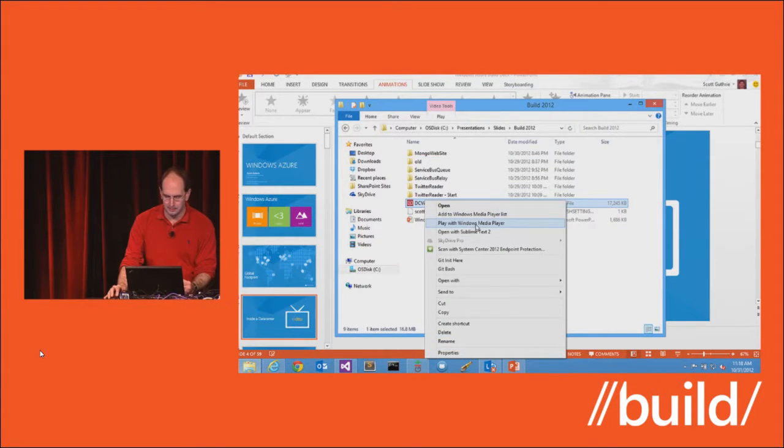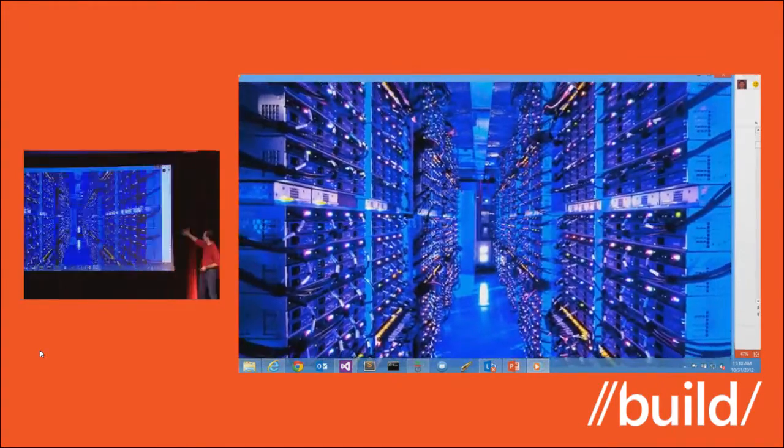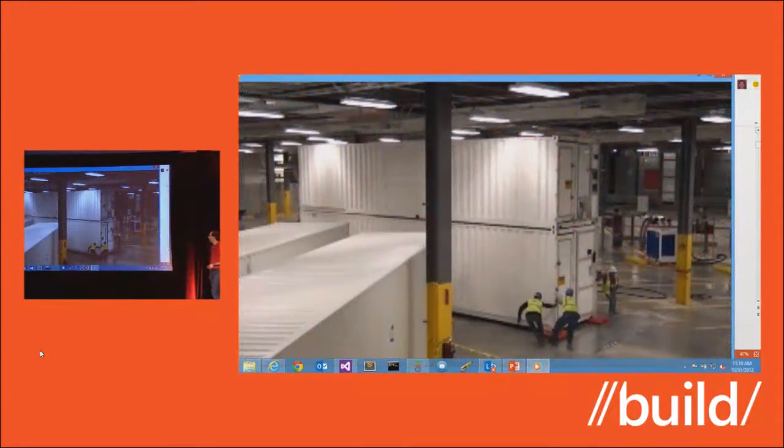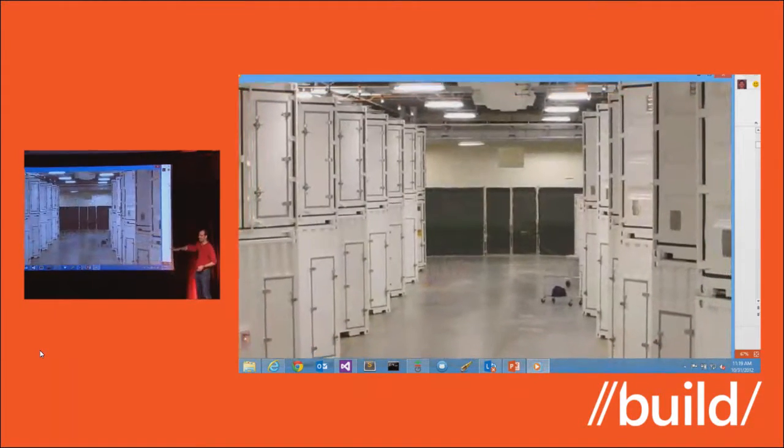So this is a video of our Chicago region. Our data centers here are basically lights out, full of containers racked with thousands of machines. We only hire really strong people on the team. This is an example of us bringing a container in.